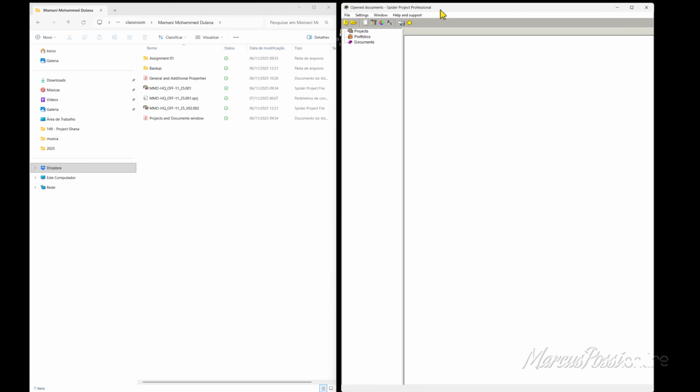Okay, just to make it more clear about mapping Dropbox folder into Spider. Why mapping folders into Spider? Because you work with files, and of course, you must find them inside your machine. Spider does not work automatically with any cloud system, but it can work with a cloud system if you map your files into your